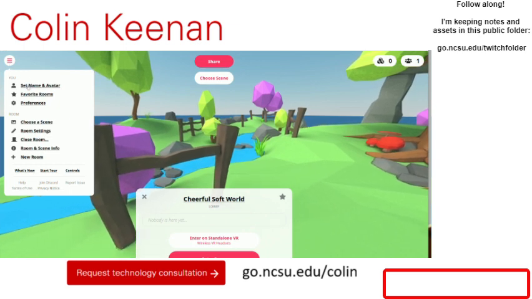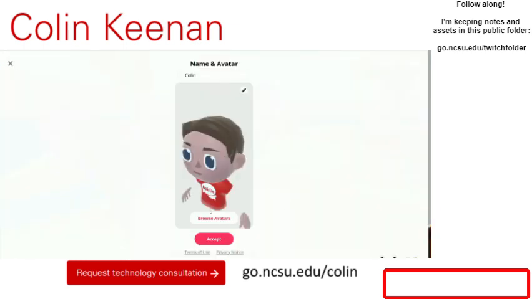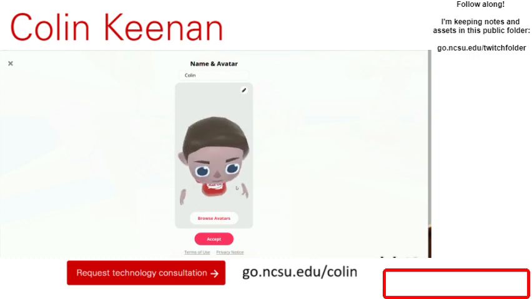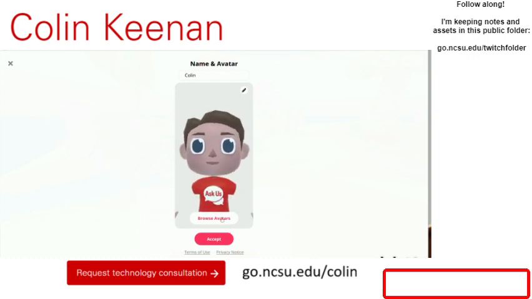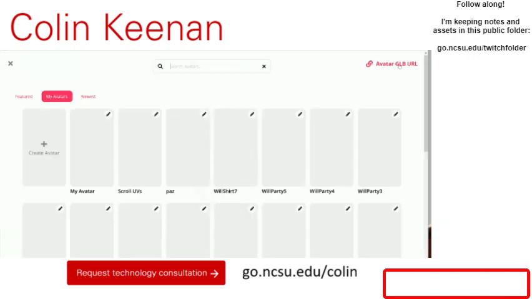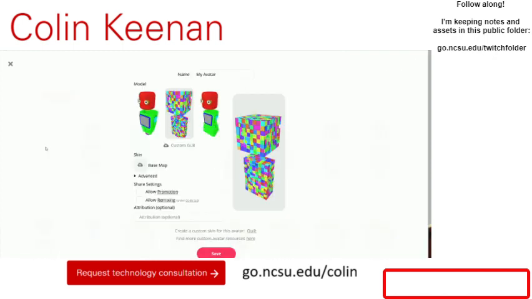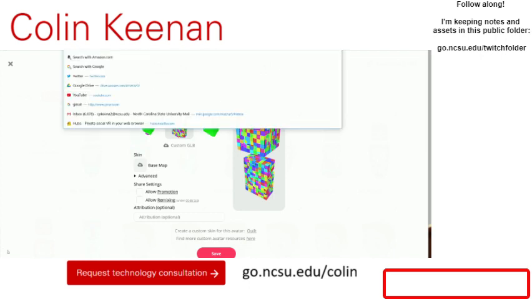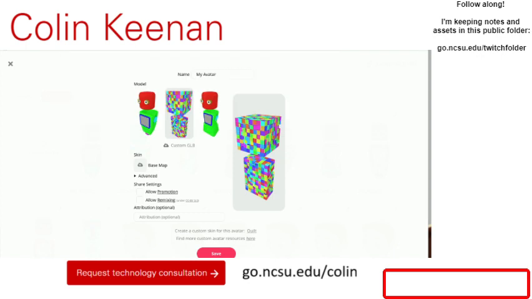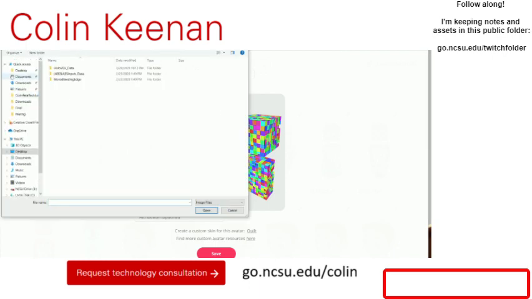Go up to the hamburger, set your name and avatar. This is how you control how you look in Hubs. This is what I was looking like in my last meeting. I'm going to browse avatars and create avatar. I'm sure there's another way to get to that. And here it's not even a stable link, so I would link that. But alas, I'm going to go to base map and